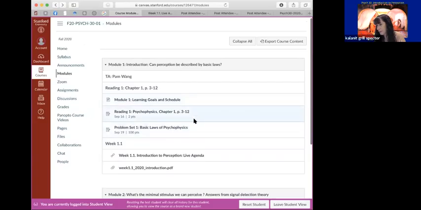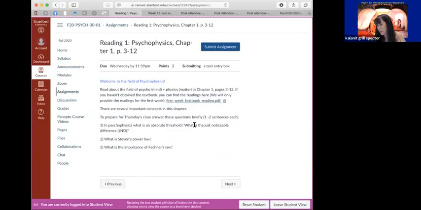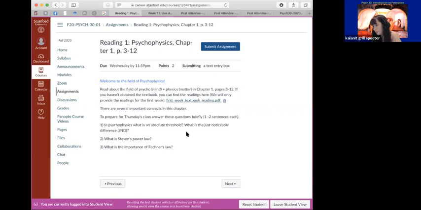You'll also have your assignments for this week: the reading assignment and the problem sets. The reading assignments are usually just a few questions to recap the important concepts of each week, and we don't need long answers. It's enough if you write a sentence or two to make sure you've figured out the important concepts. It's also an opportunity for you to write something that you found difficult to understand or want more information on, so you can put that in your reading responses.